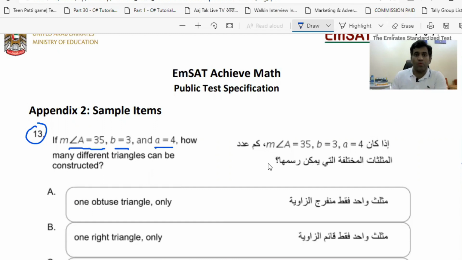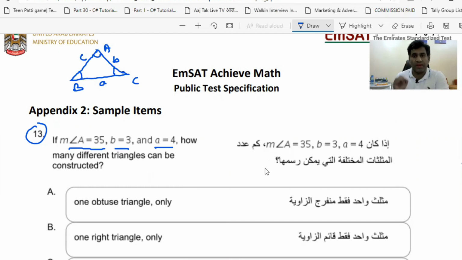Okay, so what actually is the sine rule? Let's consider a triangle ABC. Let's say this is the triangle A, B and C. The opposite sides are going to be A, this side is going to be B, and this side is going to be C. These are angle A, angle B and angle C.